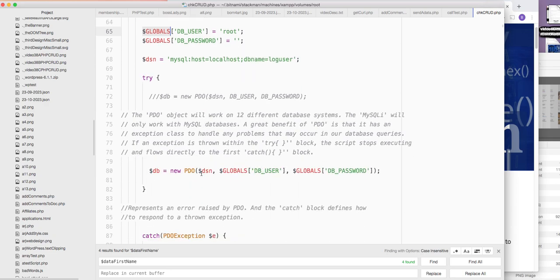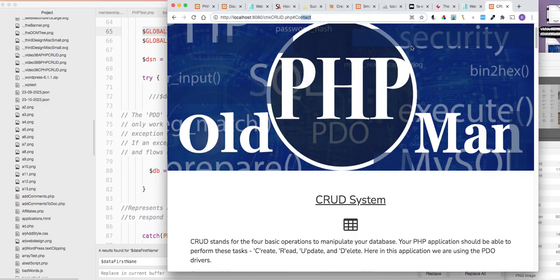Remember how I showed you that the DSN is this? Because I'm using localhost and this is my log user. I'm going to show you. I don't think I have it open. Why did I have it open? Let me see. I do have a, where is my,